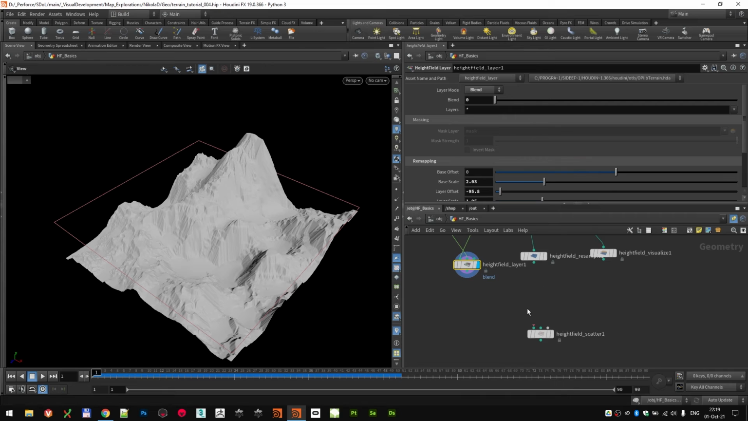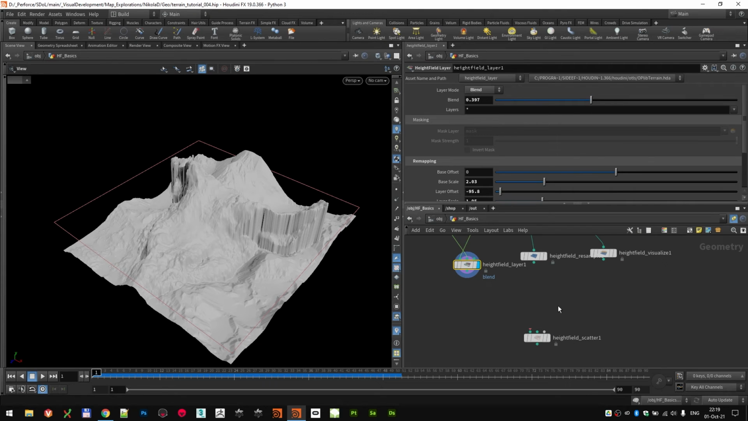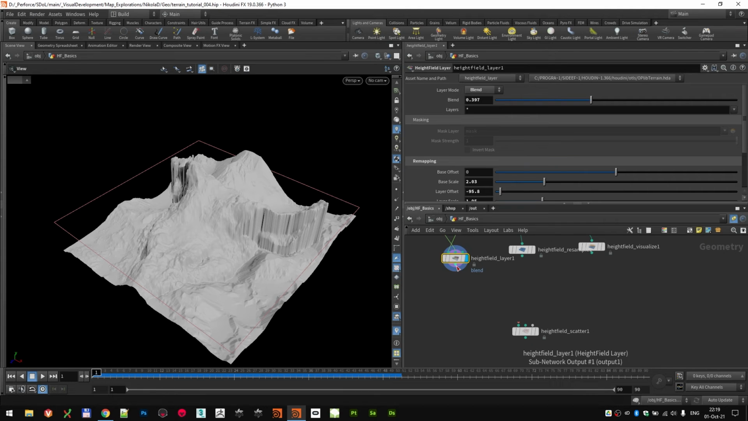And last but definitely not the least, it's the height field scatter node. This node basically serves the same purpose as the actual scatter node, but it has some options which are very specific to the